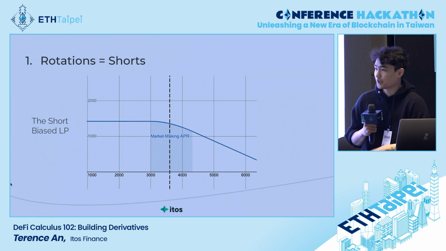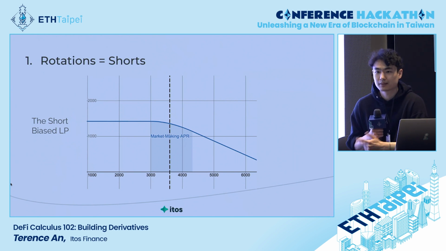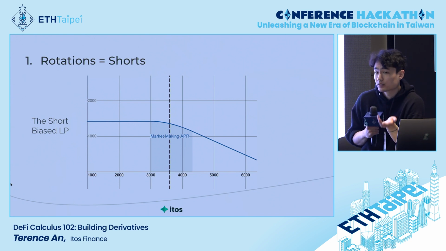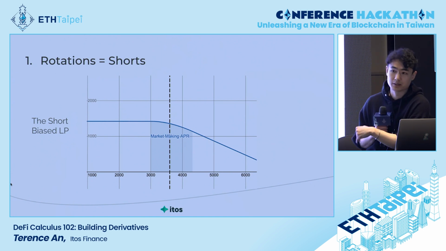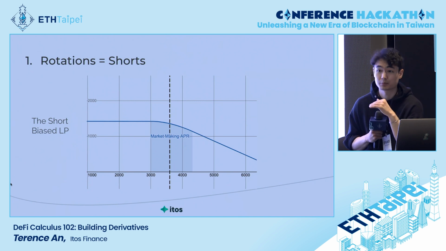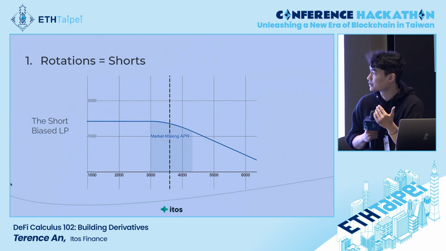So one very natural question is, we have this LP position, can we kind of flip the side, right? Maybe I think the token is gonna go up, so why am I selling? Or maybe I think the token is gonna go down, so I don't want that downside risk. So instead, let me rotate the position so I only have upside risk and no losses when the price goes down. Very natural position. And the way you do that is simply with a short.